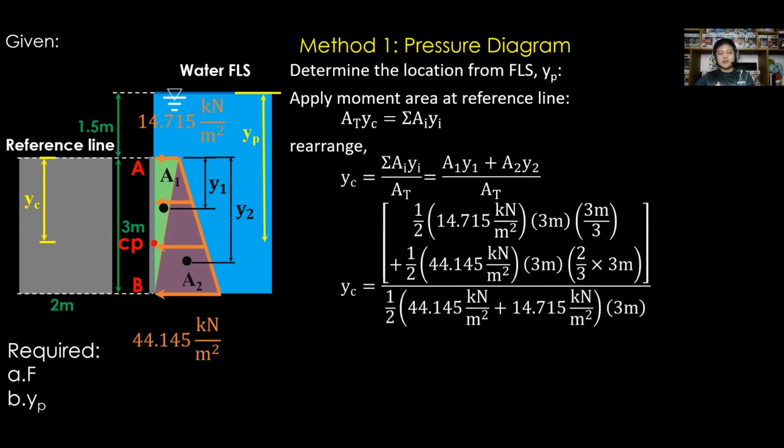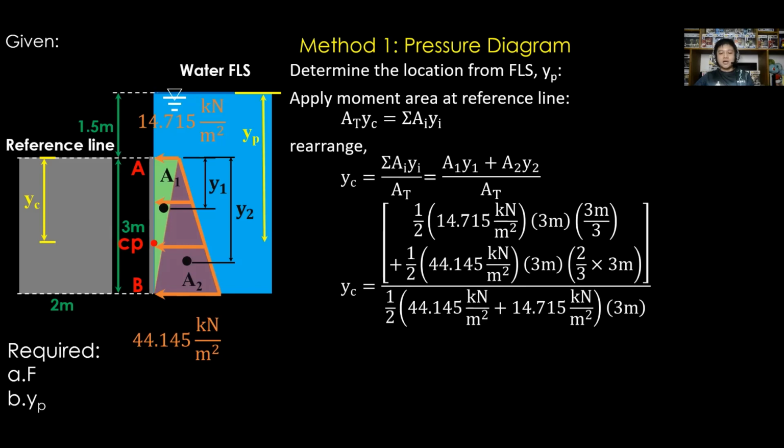Therefore, y sub c is equal to, for our first shape, 1/2 times the base, which is 14.715, times the height of the triangle, which is 3. And multiply by the lever arm, which is the centroid distance with respect to the reference line, that is 1/3 of 3 meters. Plus, for the second shape, we have 1/2 times the base of the triangle, 44.145, multiplied by